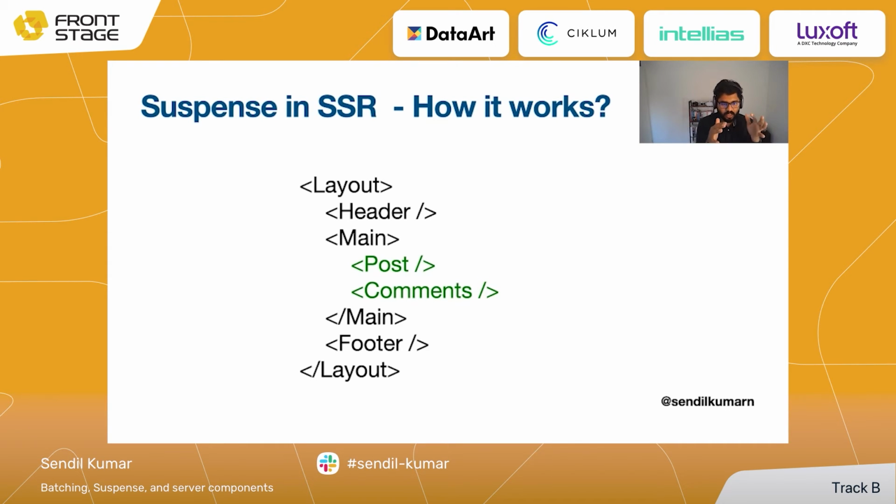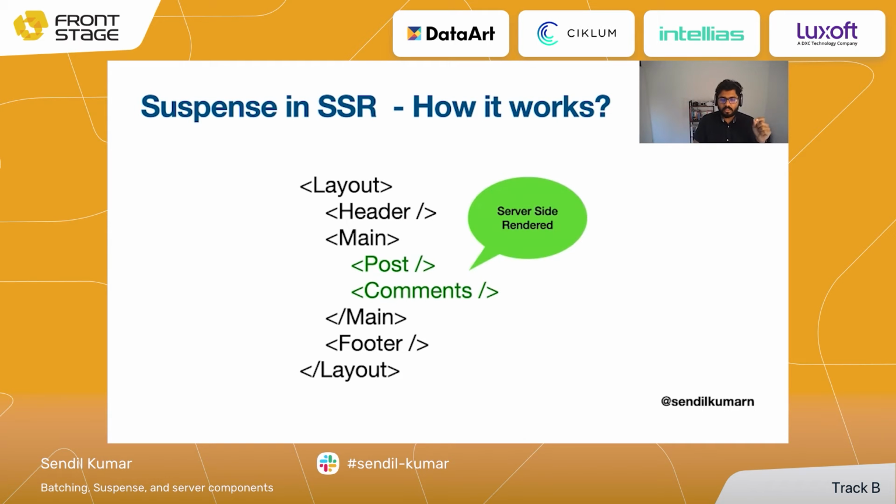When you go back and see the layout, we have a header, we have a footer, and then main. I'm just removing the sidebar for now. But on the main, we have post and comments as 2 components. The post lists down the post, and the comments list down the comments, a standard block kind of architecture where you have the post, which is static content, and the comments, which can be dynamic based on the interactions